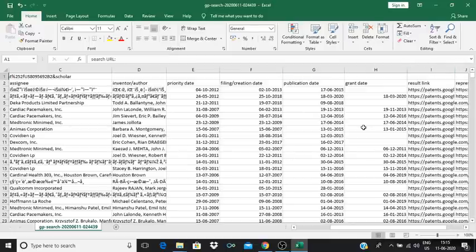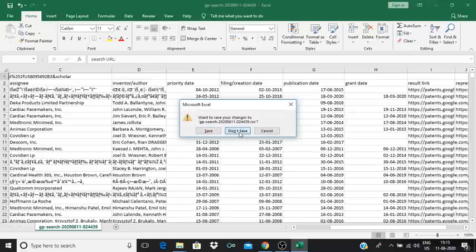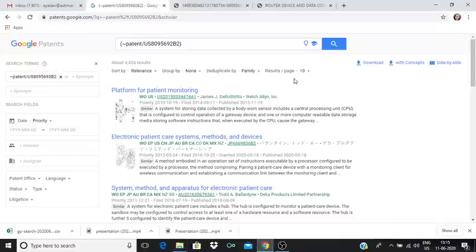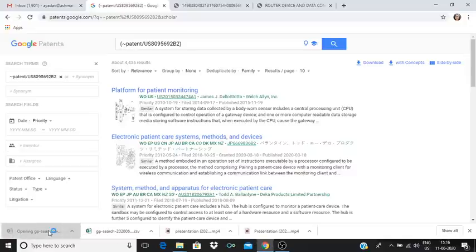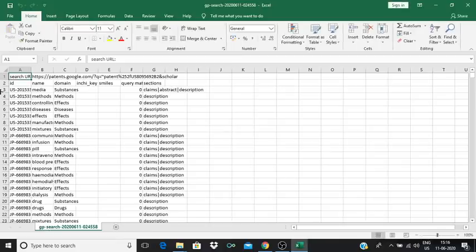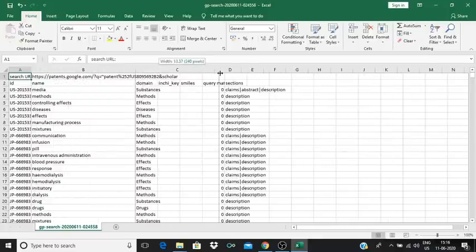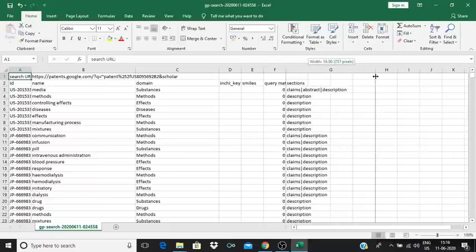So you get all this information because you cannot do sorting on Google Patents. So you can download the data and do sorting. I'll just close this file and go back to Google Patents. We have an option to download the concepts also. This is the file with concepts. In this, the main names, the domain, and sections from where they pull out the keywords are all given. This is not much of help, but this is another feature that is given by Google Patents.